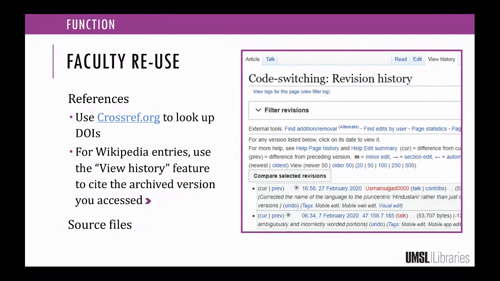And make sure that you go through the references, because a lot of times